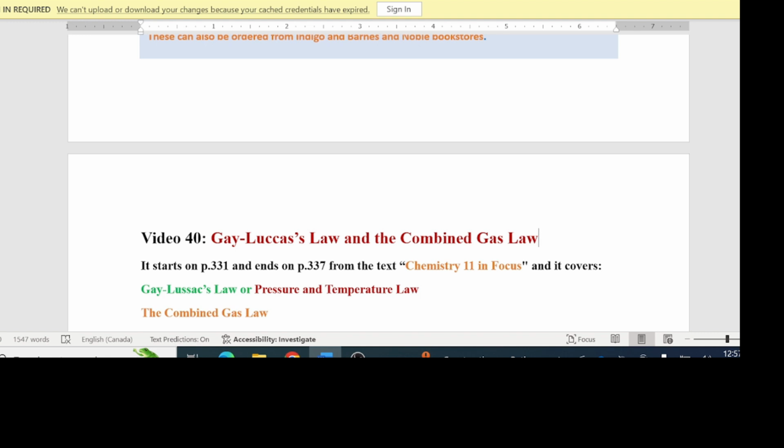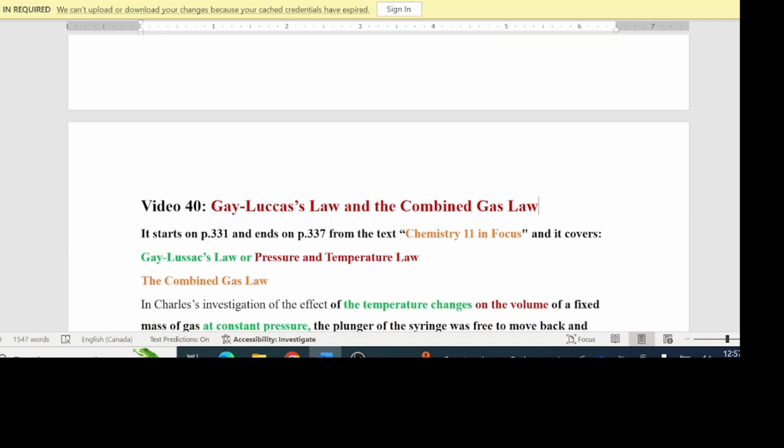Our lesson today deals with Gay-Lussac's law and the combined gas law. We first of all discuss Gay-Lussac's law, or what is sometimes called the pressure and temperature law, and then we show you how the gas equations for Boyle's law, Charles's law, and Gay-Lussac's law can be combined to give the combined gas law equation. But before we discuss Gay-Lussac's law, we need to have a quick review of the investigation